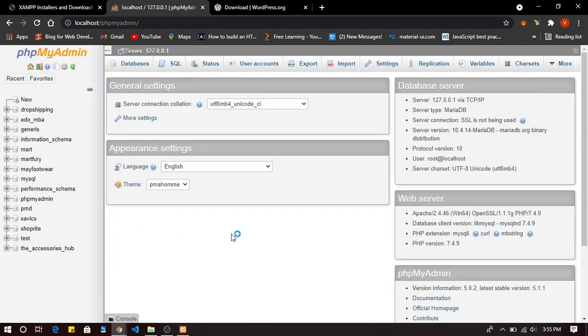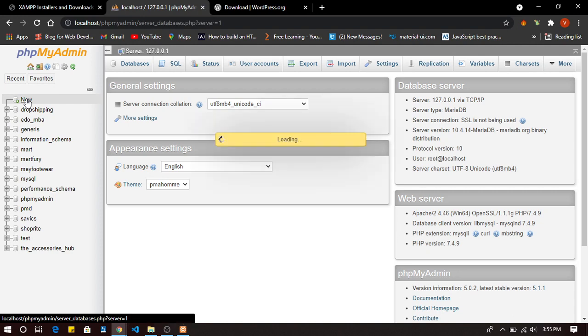Here we go. So phpMyAdmin is open. If you look at this place, you will see the databases I've created. All right, so we are going to create our own database. So we select New,